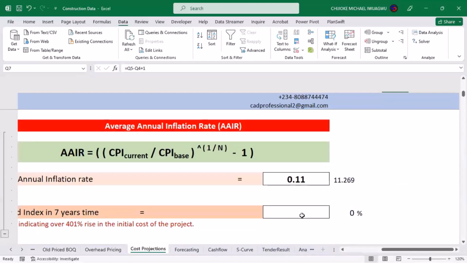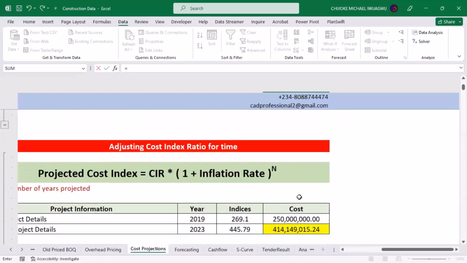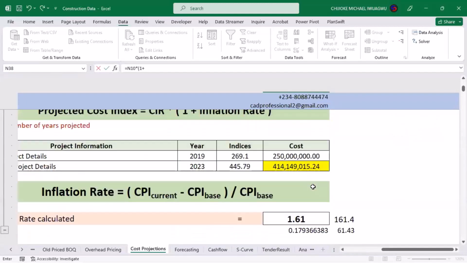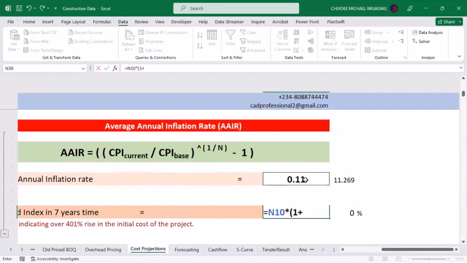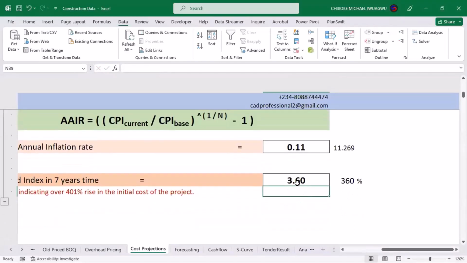Now, to run that projection, we'll come down here and say is equal to. Okay. Remember the formula and follow along with me. CPI, these are CPI, times open bracket and close. We have 1 plus our inflation rate. Our inflation rate is about 0.11. Then all together, we raise them to the power of the number of years that we're talking about. In this case, it is 3 years. And we say enter. As soon as we press enter, it simply means that it's about 3.6 or